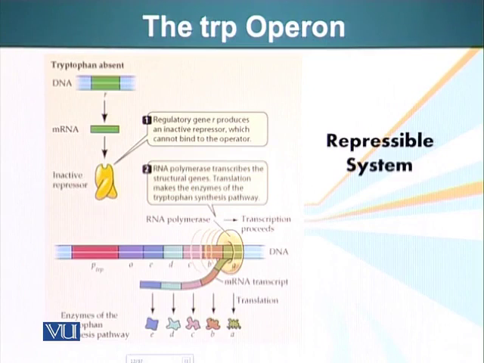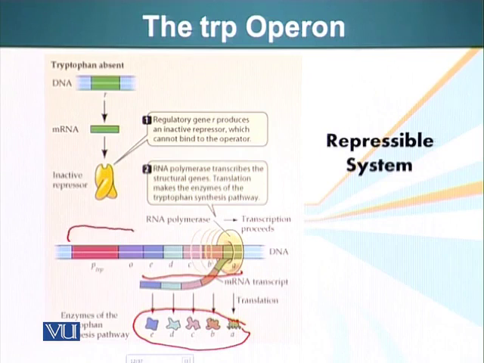We have structural genes which, when translated, help or assist the cell in making tryptophan. Upstream from these structural genes, the same as you saw in the lac operon, there is a promoter and an operator. We know the function of both these sequences. The operator binds the repressor. When the repressor is bound to the operator,